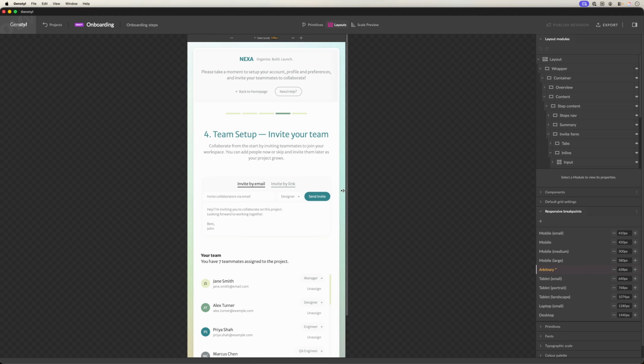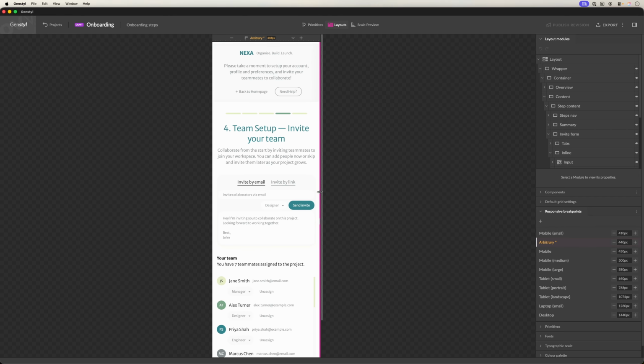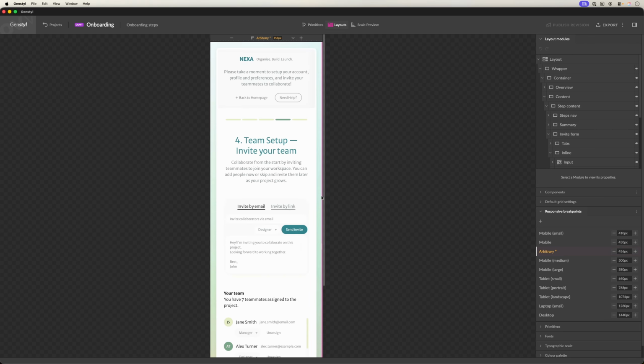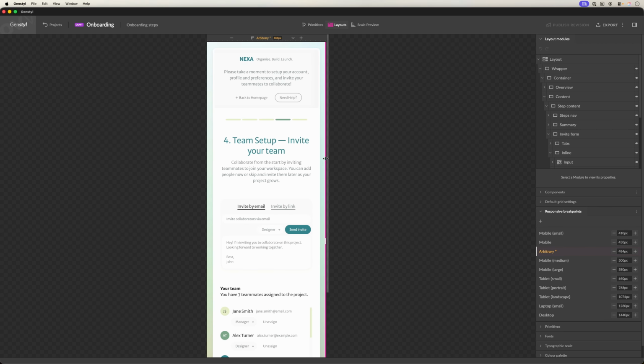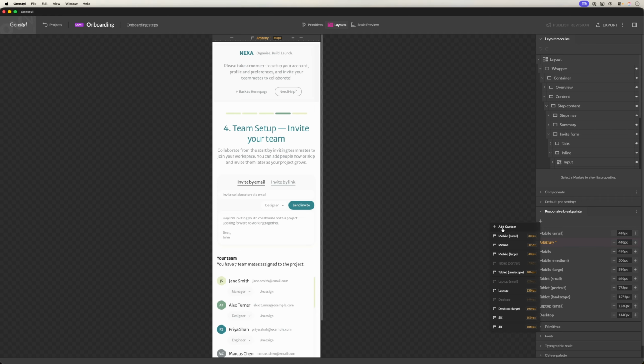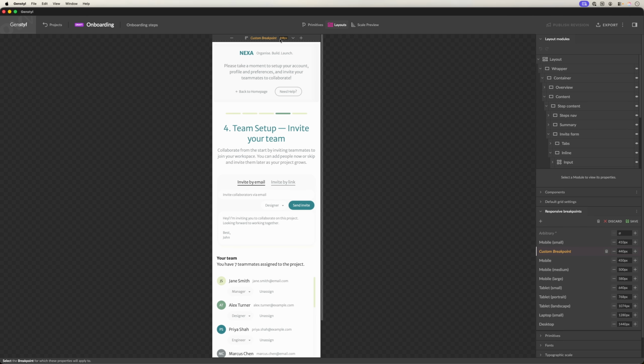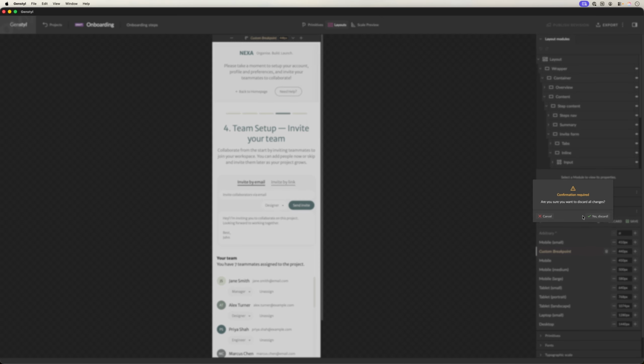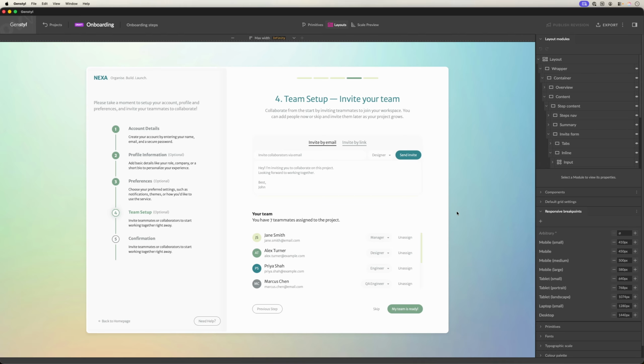So being able to resize was quite important. So I added the arbitrary viewport resize capability. So now we can create a breakpoint wherever we feel like we need to pay a bit more attention. And then if I were to add a custom breakpoint here, it's going to get that value that I had, so 440 pixels here, and then I can create that breakpoint and quickly assign properties to it for different